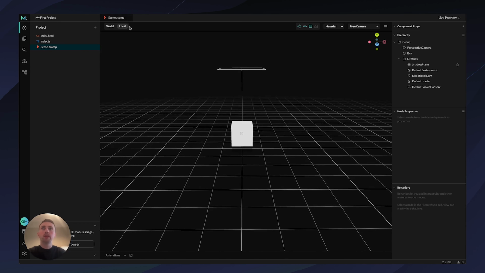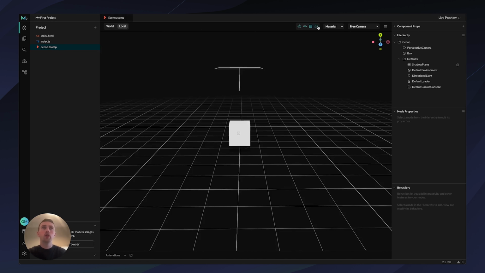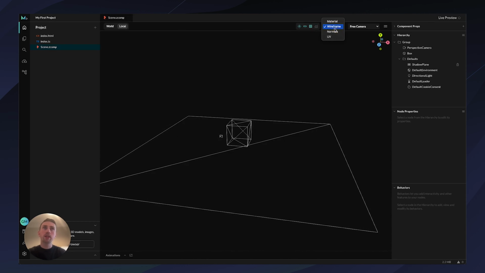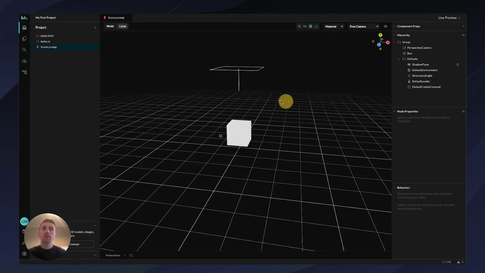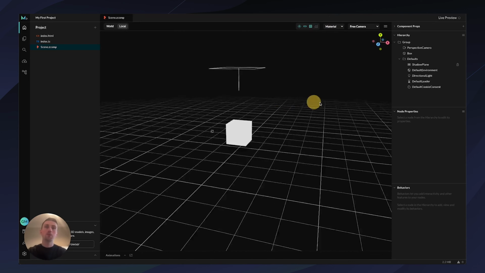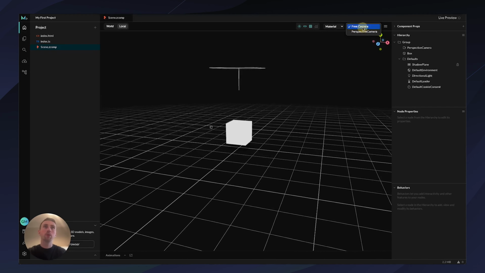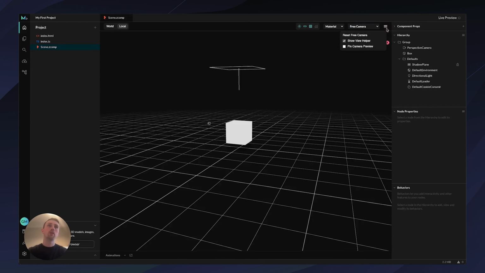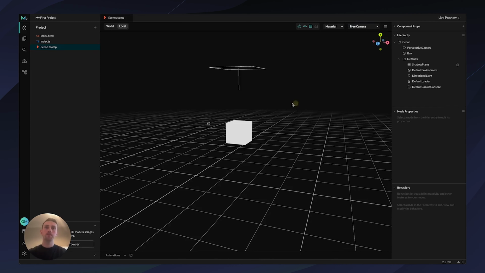There are a number of properties for your viewport along the top, so you can turn the grid off, turn the grid on, see specific stats around your project, your currently active scene. You can change kind of how the viewport is rendered. You can change your active camera. So we're just in a free camera right now, which allows us to move around, but we can have a look at what the perspective camera is seeing. And there are also a number of other properties in this burger menu.